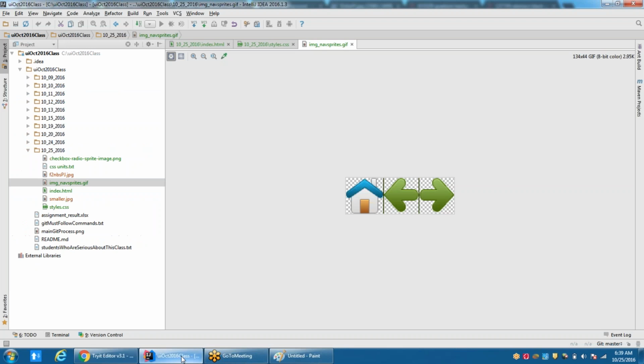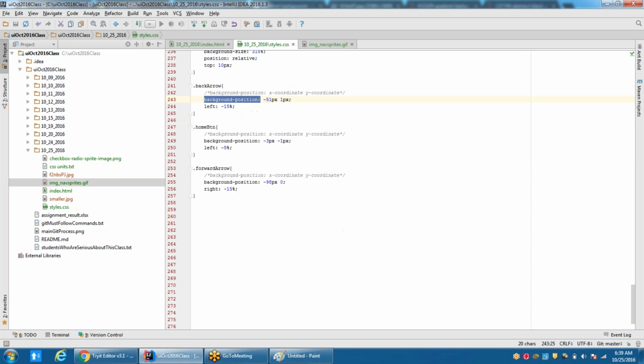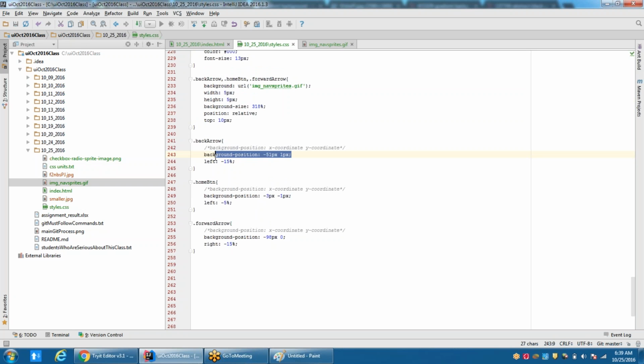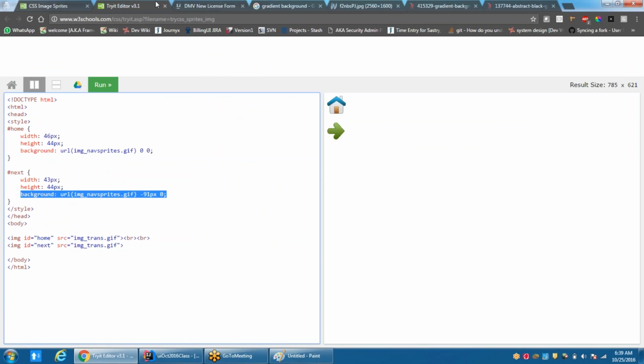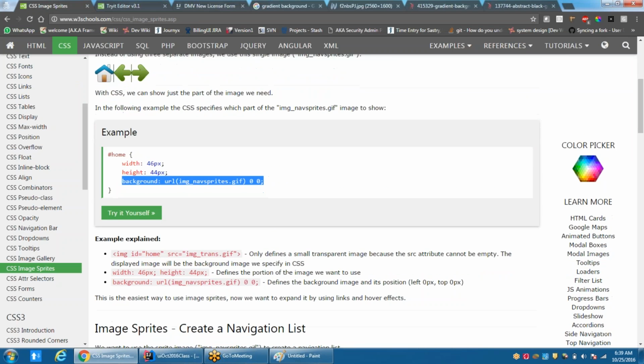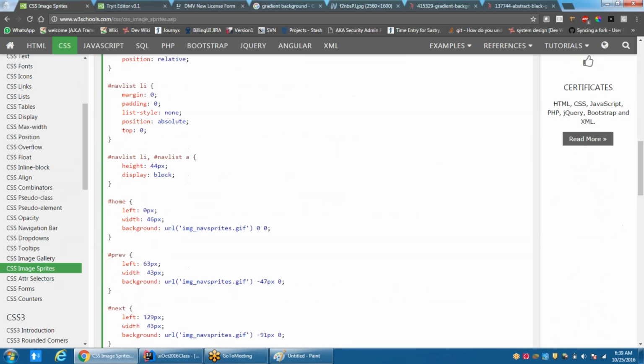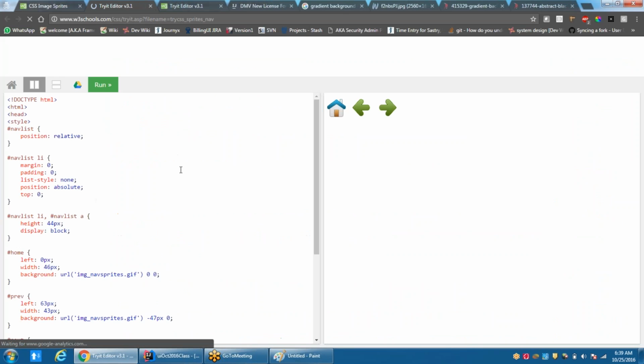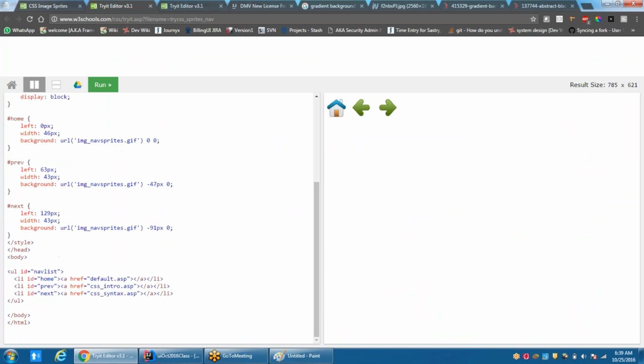You can write like this, or you can write the way I have written, which is a separate background position. One and the same, it's going to work, right? So this is CSS sprite, and this is how you put a navigation. This guy